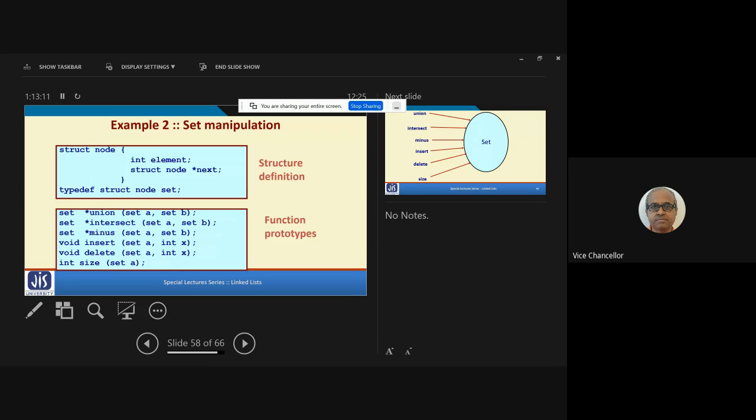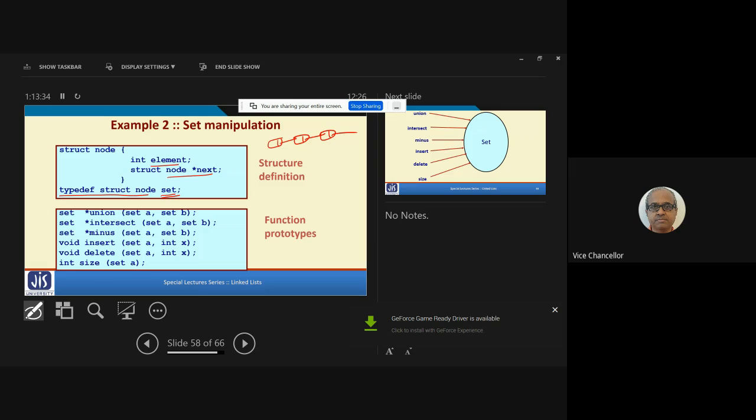Set manipulation. Suppose I have a set of elements, and let's say I am implementing them as a linked list. The structure definition is like a linked list: an element and a pointer to the next. I am declaring a user-defined data type as set.